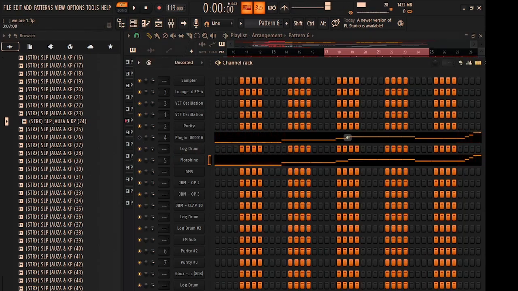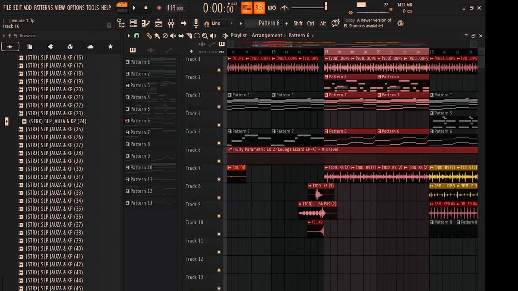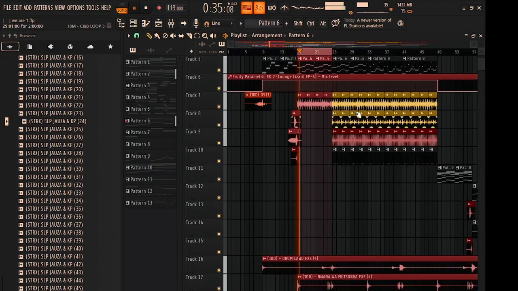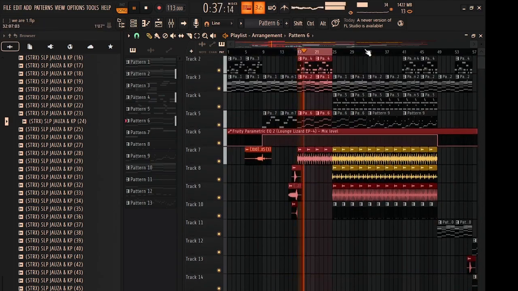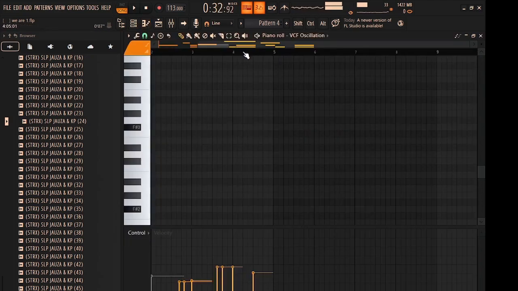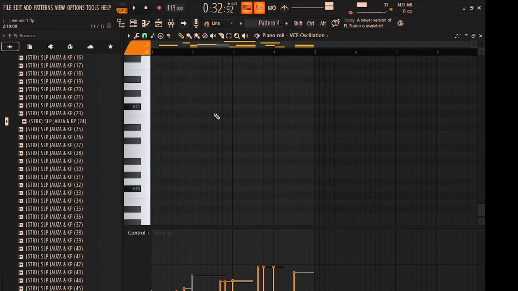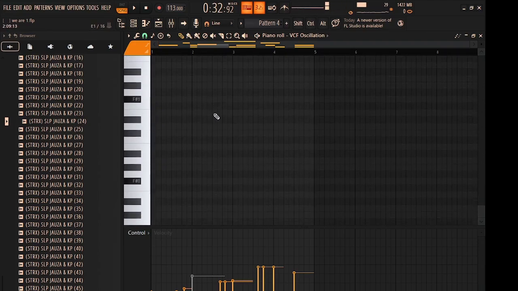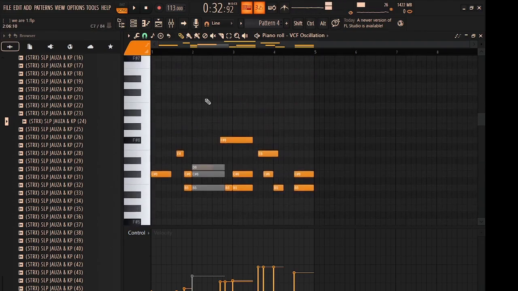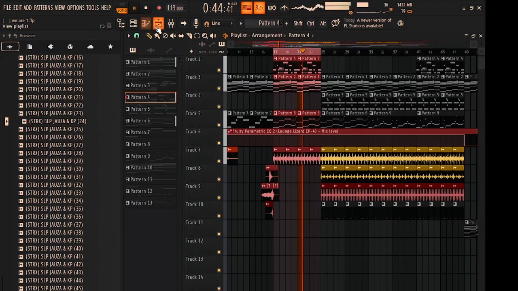Alright, so that's the bass line basically, like I showed you the rhythm. Then we move to the next part. You see, I'm not using melodies. I didn't make any other melodies. I'm using notes that aren't played in the chords, but I took them an octave up. You can see, that's basically what I'm doing.